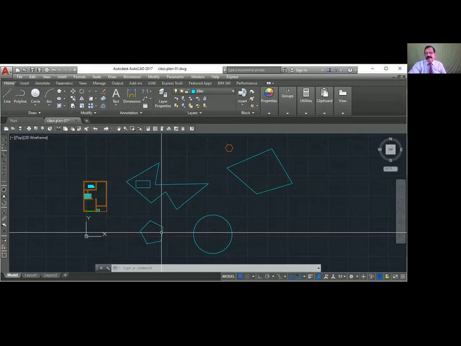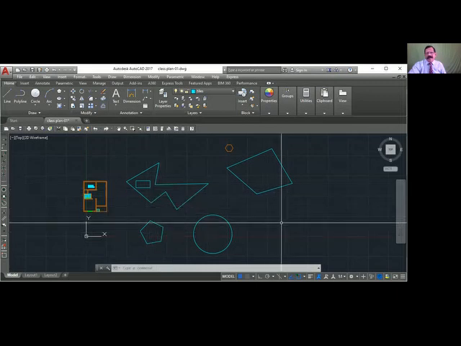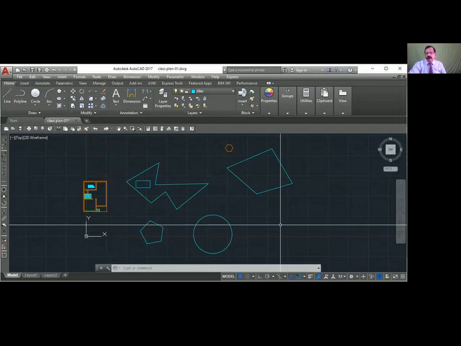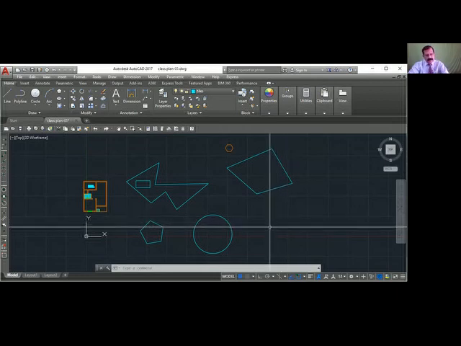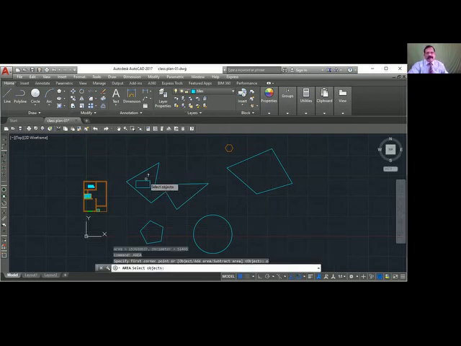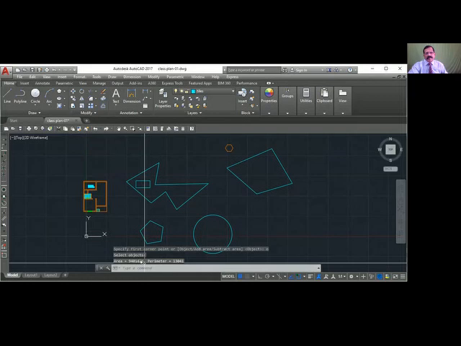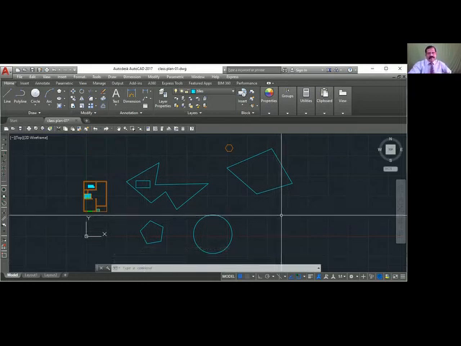Rectangle is a P line. So if you want to find the area of such things, area O, that means object, and click whichever object's area you want to find. Okay. So area O, click this rectangle. So immediately it gives you the area. Okay. So that is a shortcut for finding the area of a P line.